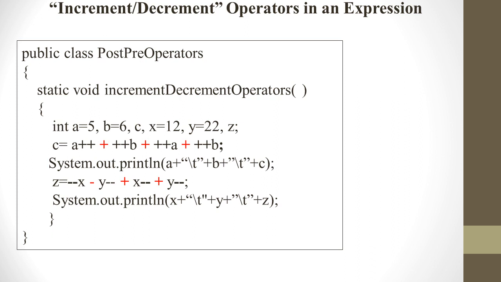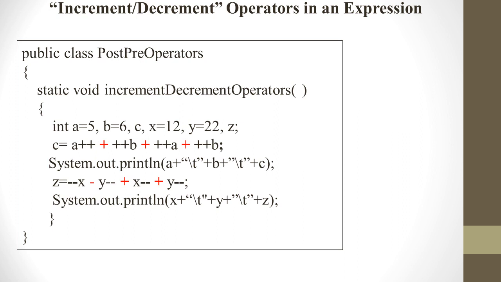Now I want to print the value of a, b and c. So I am writing System.out.println a plus, and here I am giving a tab space, so in double quotes I am writing \t. Then plus b, then plus again, I am using a tab space between b and c, so I am writing in double quotes \t, then c and a semicolon. The next expression is z equals --x (prefix decrement) minus